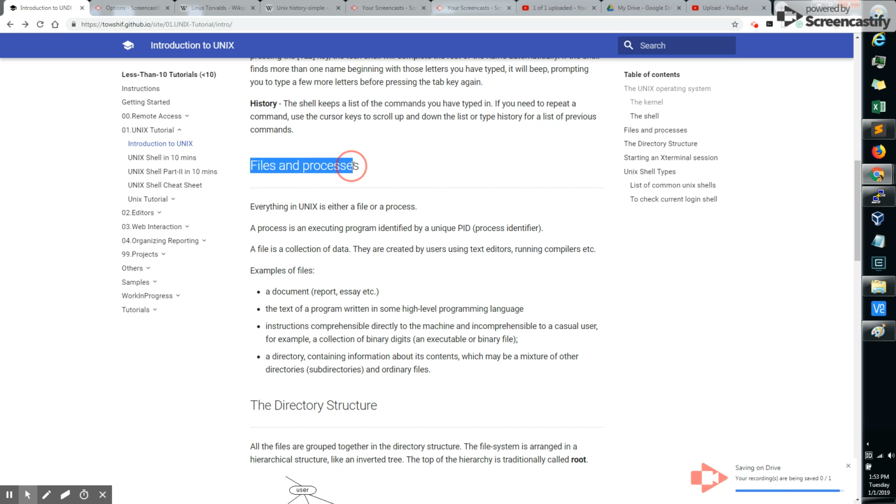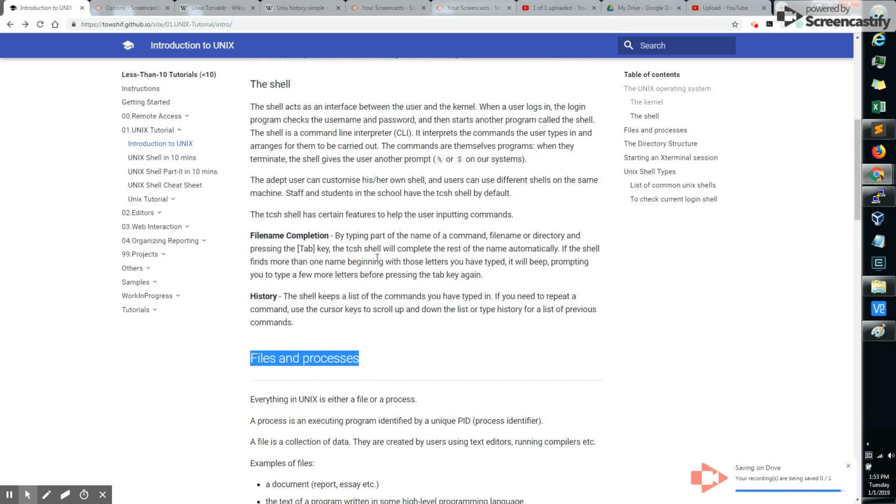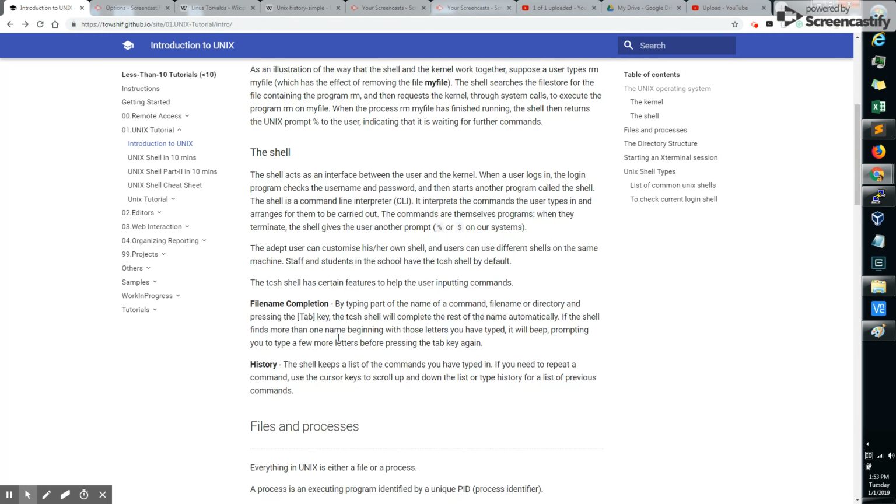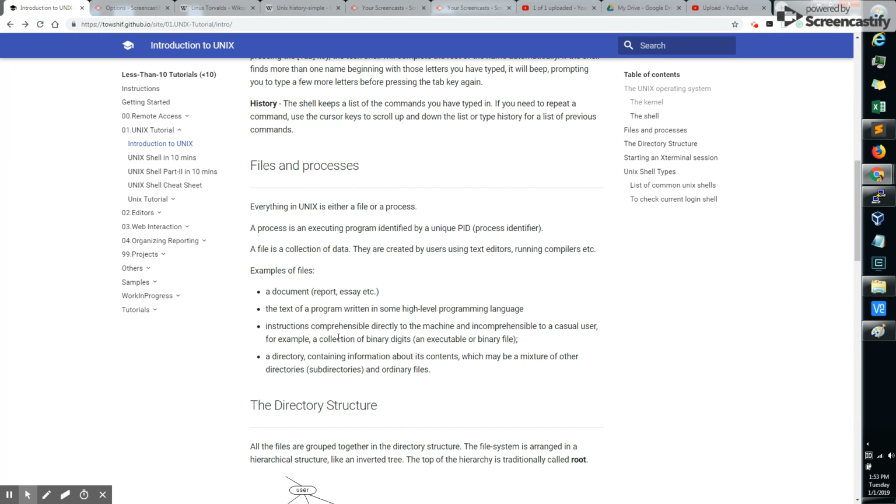So let's look at the files and processes. As I mentioned before, the third part of the operating system is programs. Programs are nothing but files or a process. Everything in Unix is either a file or a process. And a process is basically a program that is executing, and it is identified by a unique PID or process